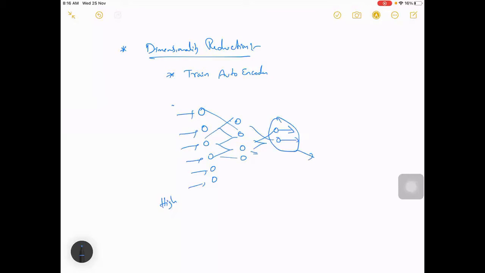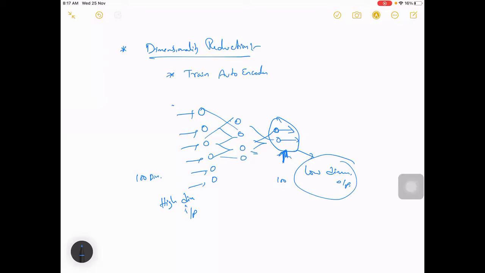High dimension input as data, low dimension output. So now we can use this as your data for reduction. Say you have 100 dimensions of data and only 10 units here.